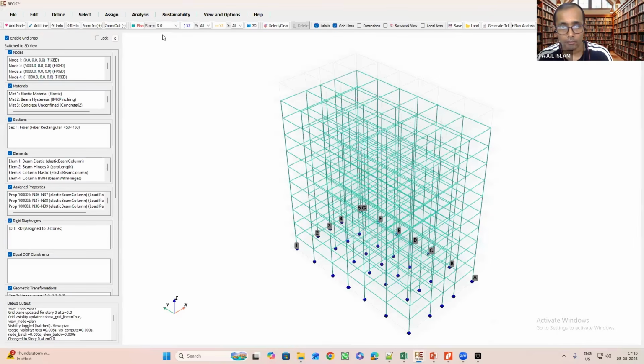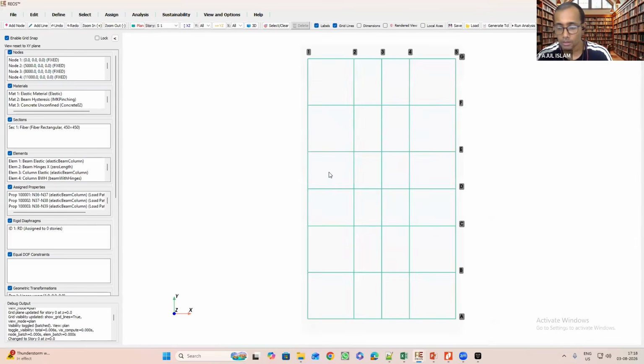Okay, so go to a plan view. Now we are going to assign the floor live loads. Okay, so let us assume a live load intensity of 3 kilonewton per meter square. Okay, so our unit is Newton mm, so it will be like 0.003 Newton per mm square. Okay, so you select a particular plan view, then go to this select and enclosed area. Okay, now select the floor panels,